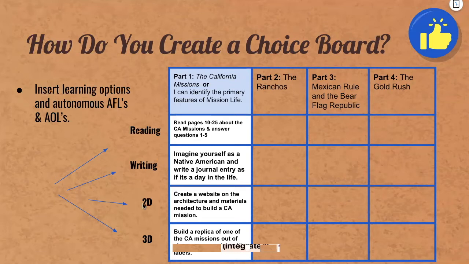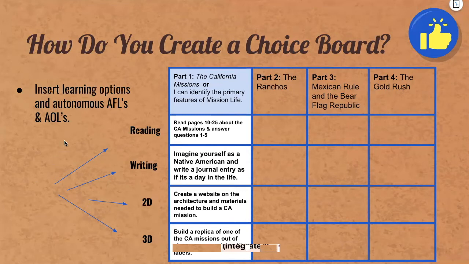For 2D, it can be a large amount of different things, but it would be something on the screen or paper. So I create a website on the architecture and materials needed to build a California mission. And 3D would be to use something with your hands to build a replica model, something with clay. I've had kids make jewelry, or it could be something where they're building something three-dimensional online, whether that's using Minecraft or SketchUp. There's a lot of different programs that you can use. There are some animation tools as well that can showcase that spatial strength or awareness